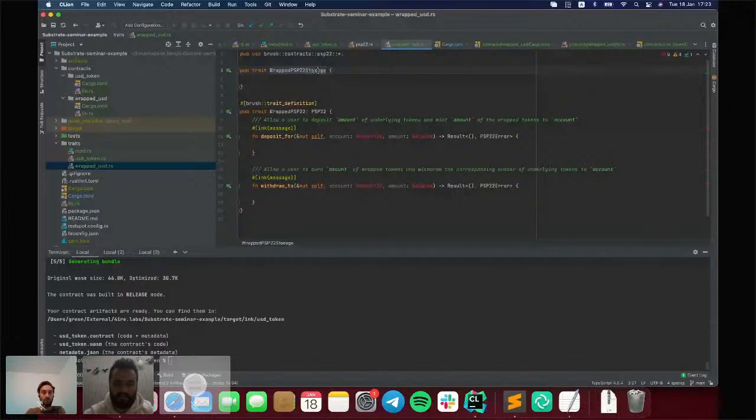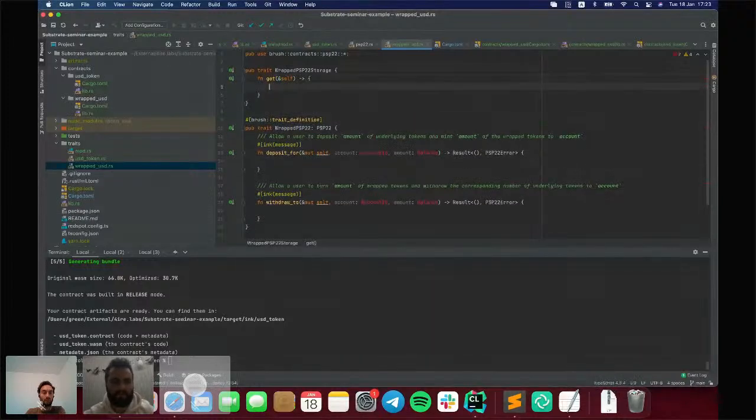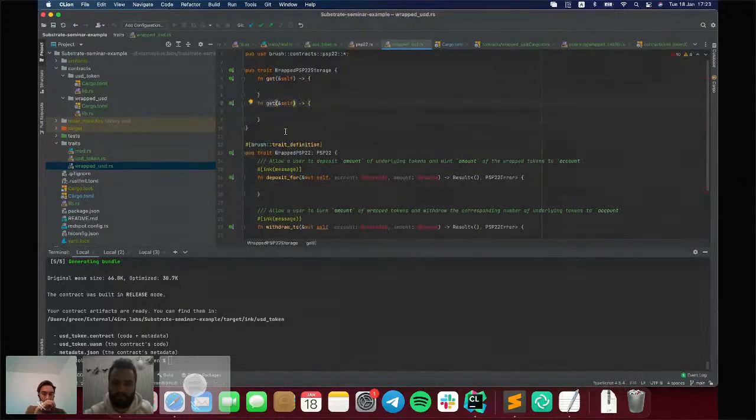That trait has two methods. get, which will return a new type. We will define it later. And another method, get mut, which will return a new type. And now let's define a new type.